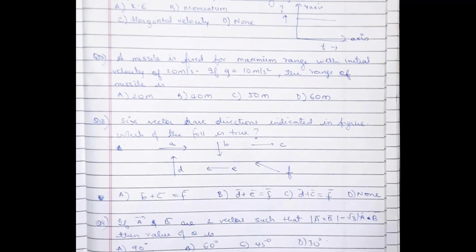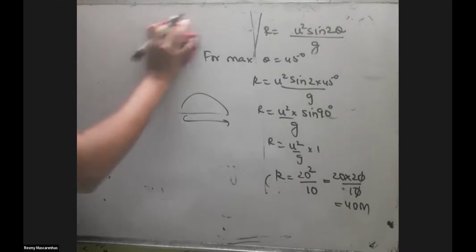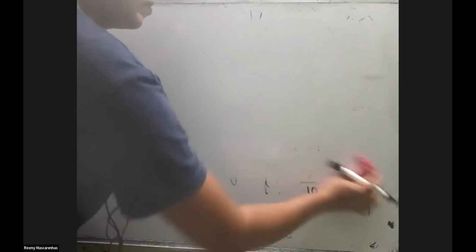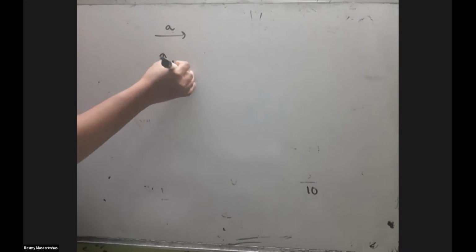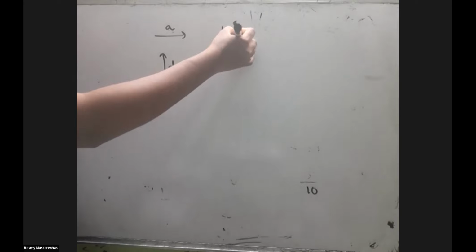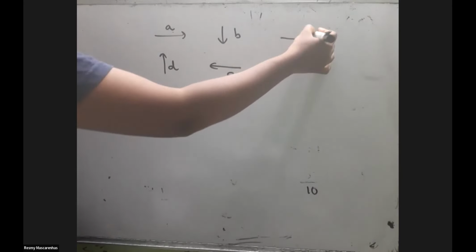We have to try to draw according to how the options are, and see if it's working true or not. So the arrows are given like this. This is A, this is D, this is B, this is E, C,